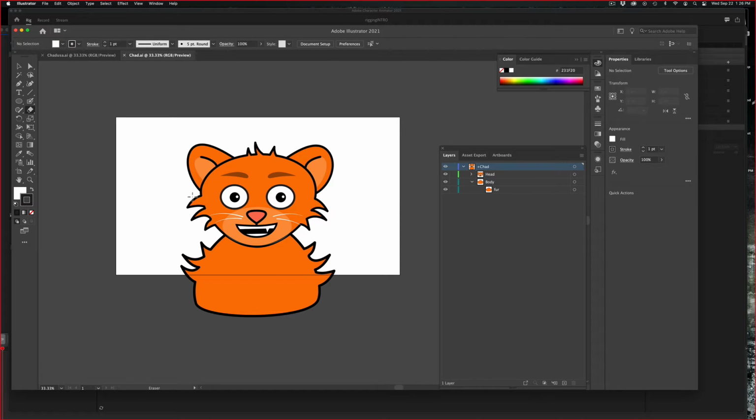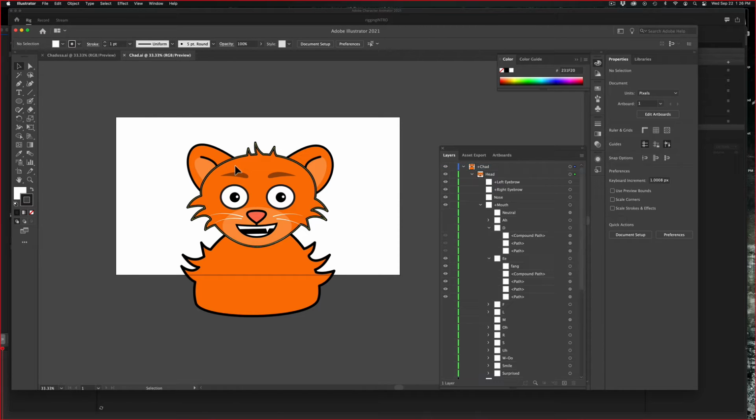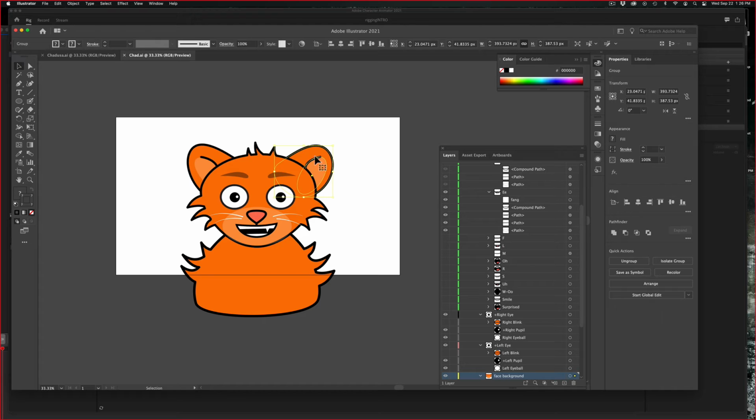And then that will open it up in Illustrator and you can go about making your changes. So these individual layers are what's imported into Character Animator. And we've already talked about the importance of the layer hierarchy, not just for organization, but for the puppet animation itself. The software is looking for these specific